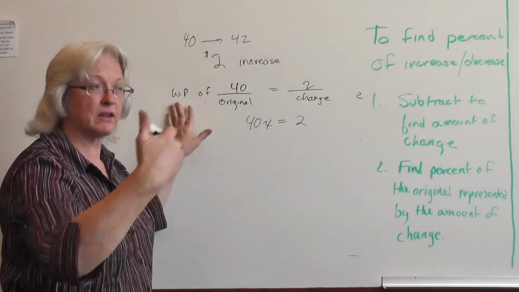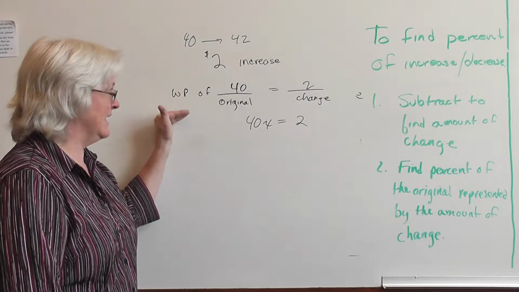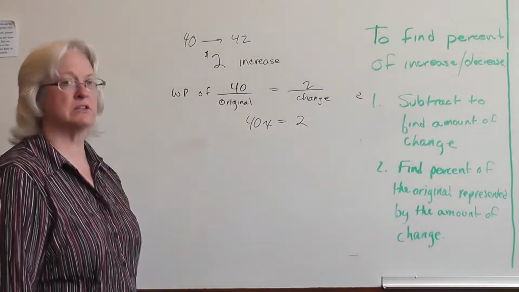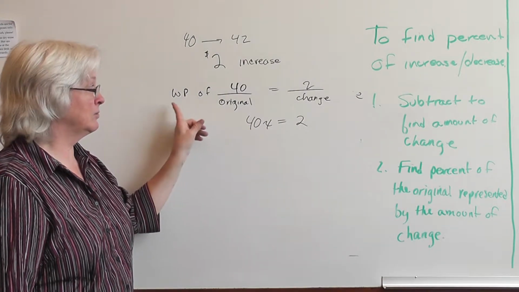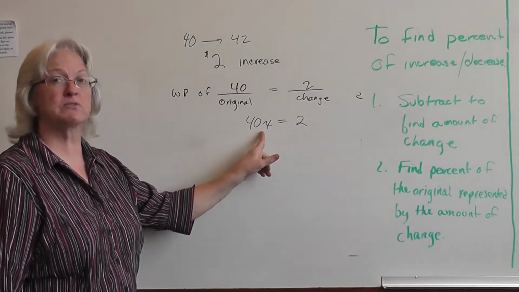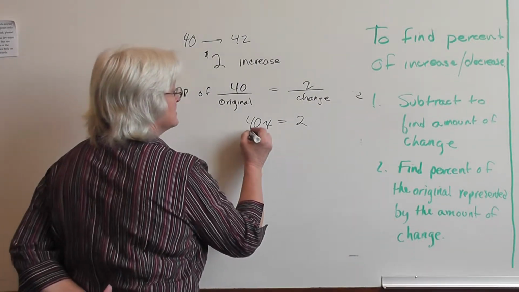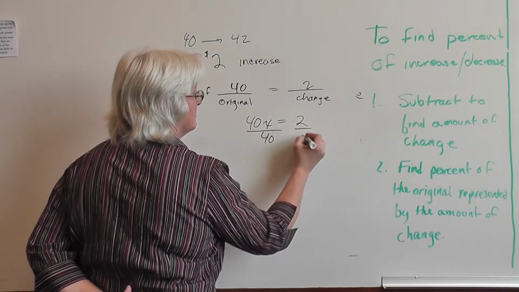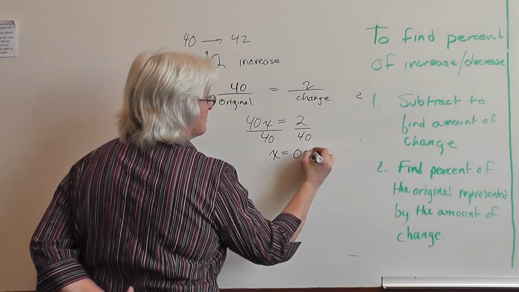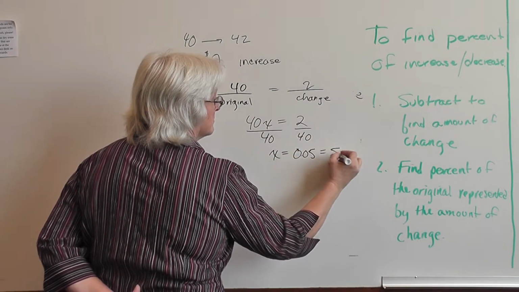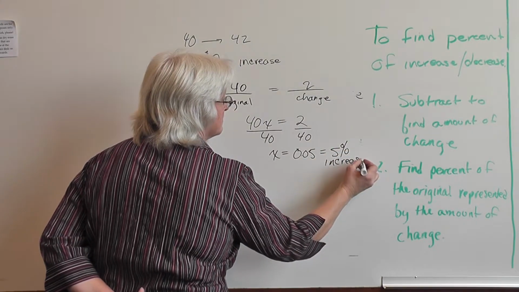If you're still using that old Saxon math style, you could say n times 40, divide both sides of the equation by 40. 40x is equal to 2. We want to divide both sides of this equation now by 40. And we see that x is equal to 0.05,